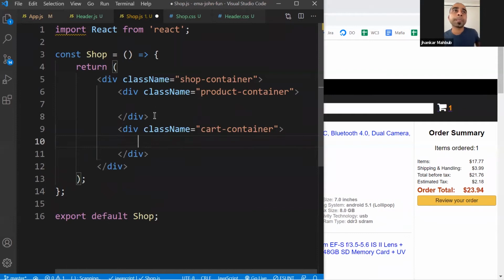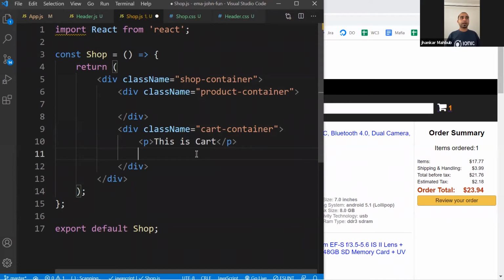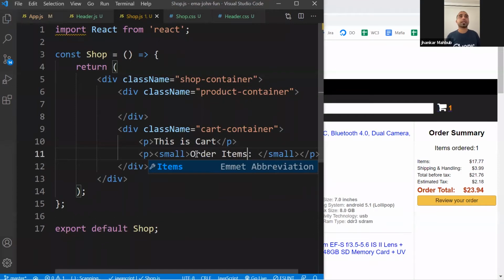And you can say this is cart, and you can have another text right here, a small text, order, and then this would have an order count or items in order, that is how many items you have in your order, something like this.